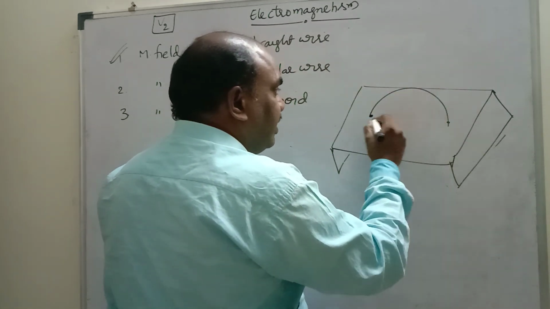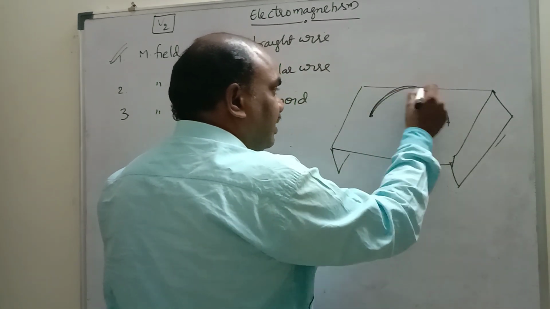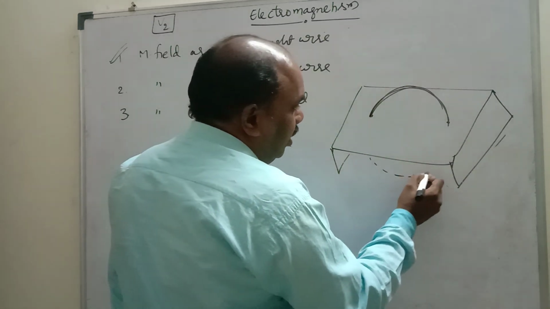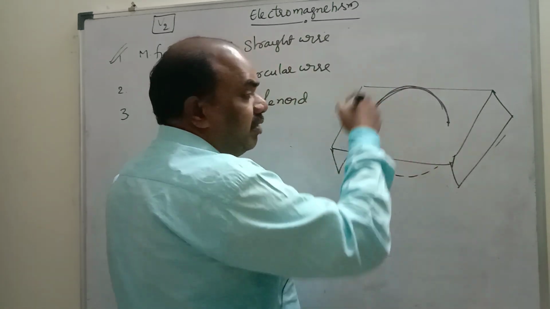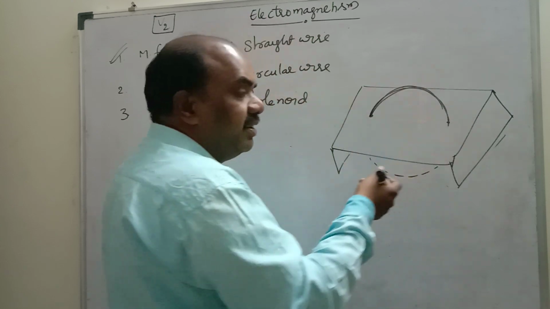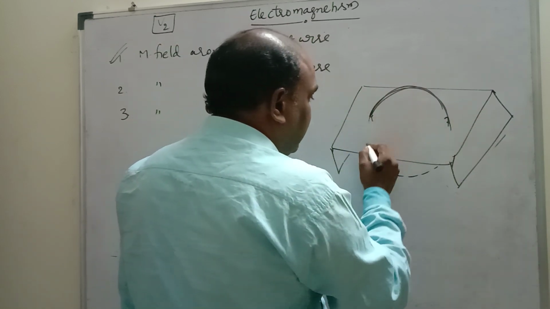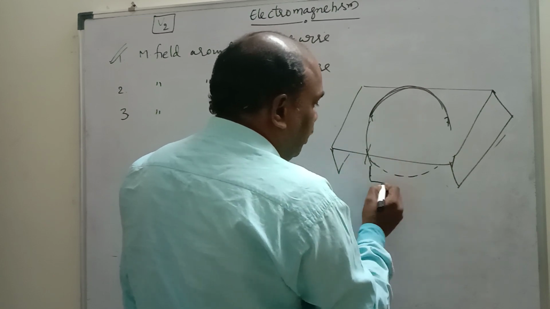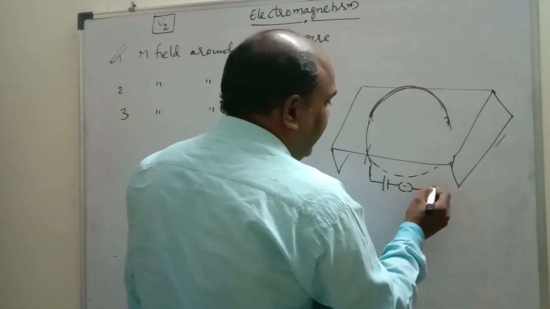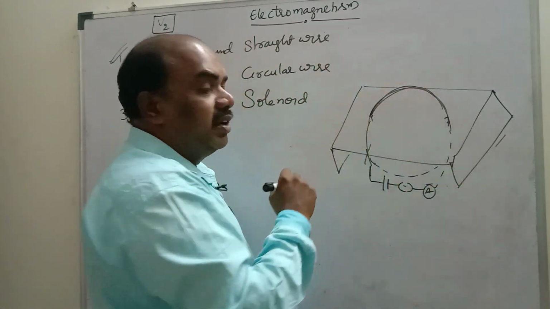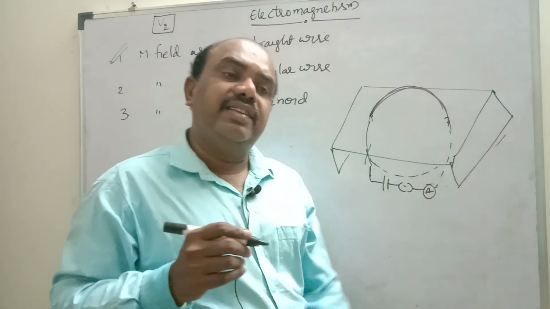Wind 24 gauge copper wire in a circular shape like this. The bottom also will be present in circular shape. Mold five to six turns in circular shape and connect the two terminals to a battery, plug key and ammeter. This is the construction. This is the circular wire. Now a circular coil is ready.